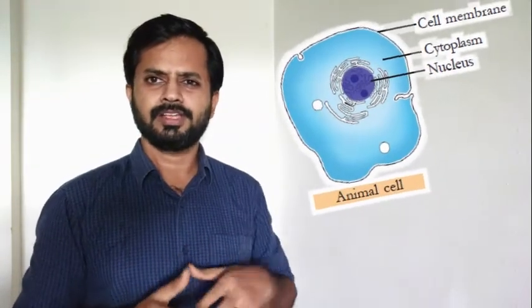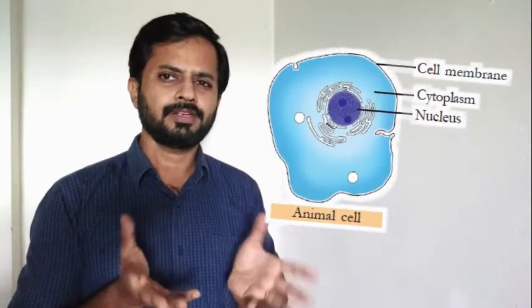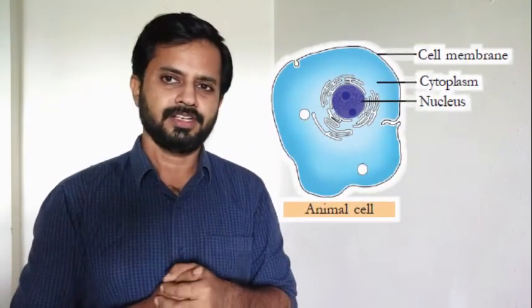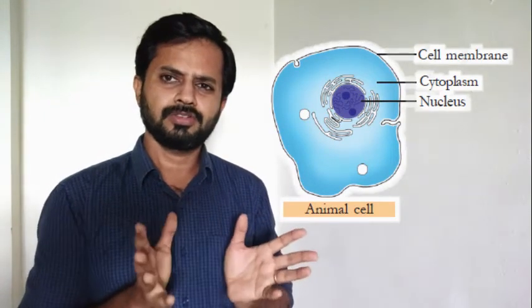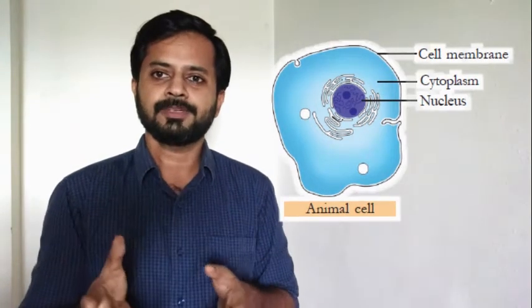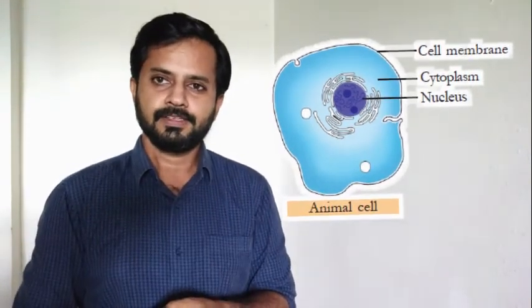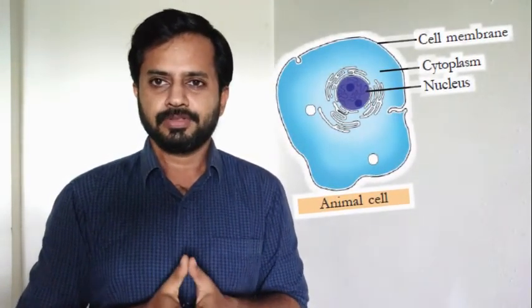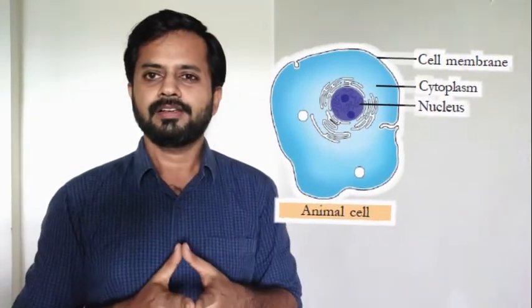There are other components also, like you have seen in the other diagram, mitochondria, many complicated things are there. You don't need to study each and every detail given in the diagram. I'm just showing this to you for reference. If you are curious to know what are the other components in a cell. Okay, so these are the things you have to study from today's class: cell and types of cells, and how to label a cell diagram, or how to draw a cell diagram, or how to identify an animal cell. How can we identify? Three main things you have to see: cell membrane, cytoplasm, and nucleus.